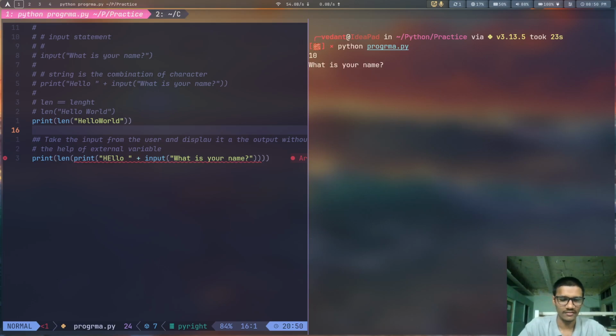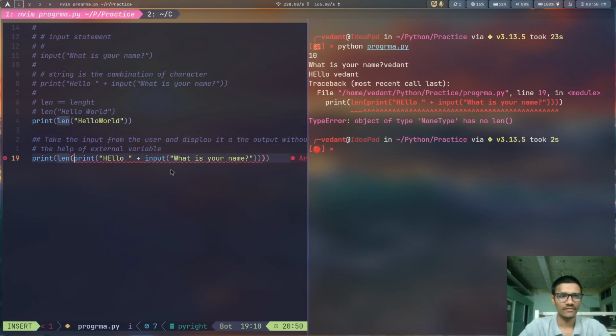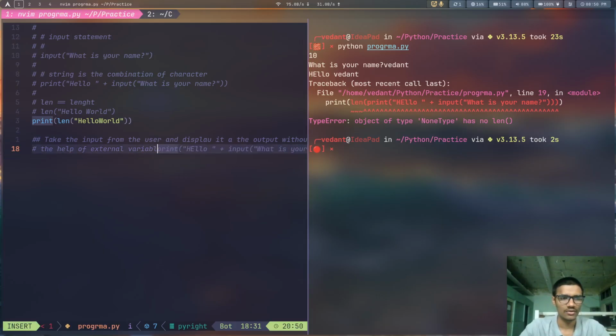Let's just run it again. Same, it hadn't done anything, NoneType. I think this can be fixed if we just remove the len function from here.